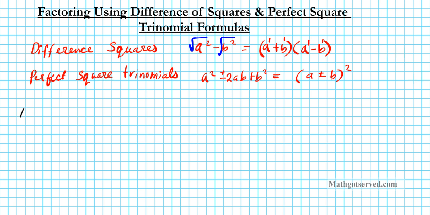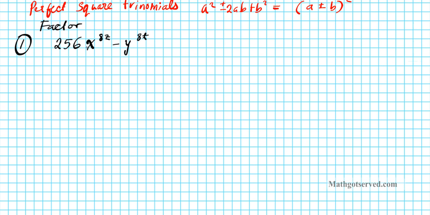Okay, so number one, factor. The task is to factor, okay? So the first one we have is 256x raised to the 8z minus y to the 8t. Okay? All right, so let's take a look at this. You notice that this is a square and this y doesn't have a coefficient, so the default coefficient is 1. And we know that 1 is a square also. Okay? And we know that every even exponent is a square,